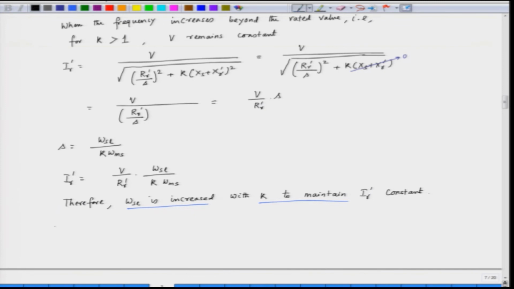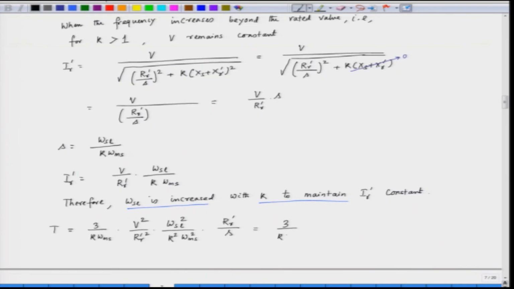Now, what about the torque? Torque is given as 3 by k omega s. The frequency is increased by a factor of k. The voltage is not increased. So, this is V square by R r square into omega s l square by k square into omega m s square into R r by S. So, here we have R r by S. S is again omega s l by k into omega m s. So, that we can